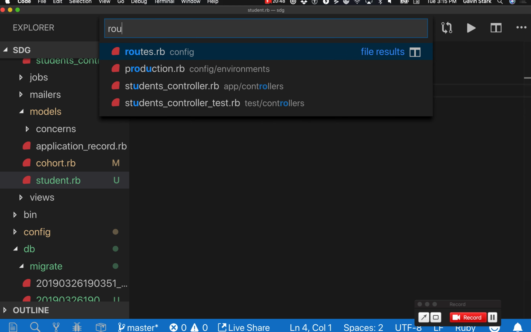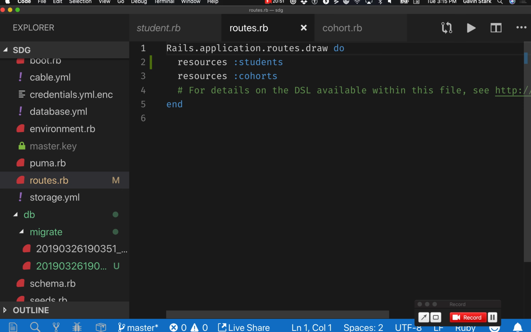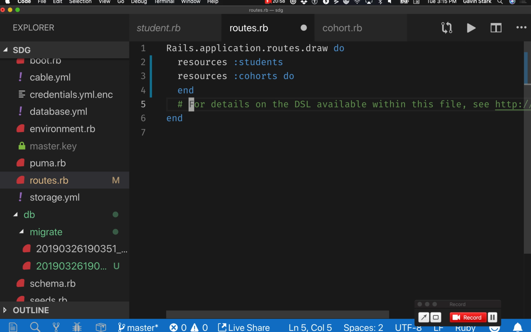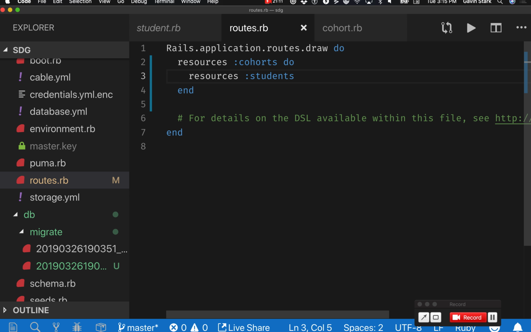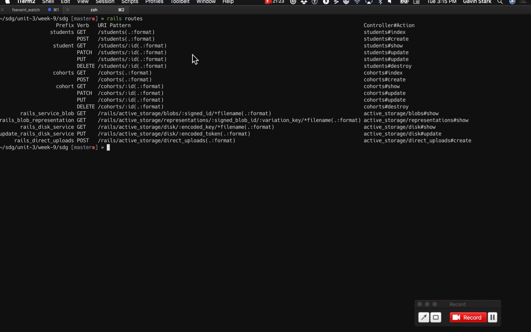So when we have that in our routes, see how it added two sets of routes? Resources, cohorts. The other thing we can do inside of this do end, where before we were adding our own custom controller, collection and member routes: if we add a do end, we can sneak this resources students inside. So now students live inside of a cohort. We've nested them inside. Now when we generate routes,